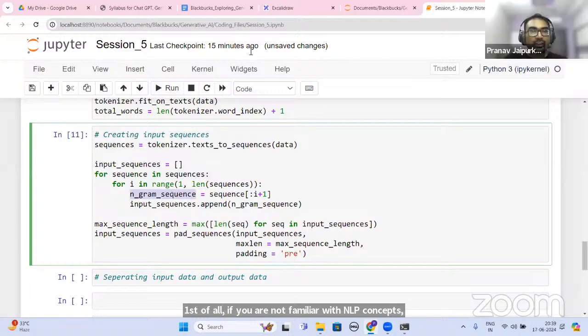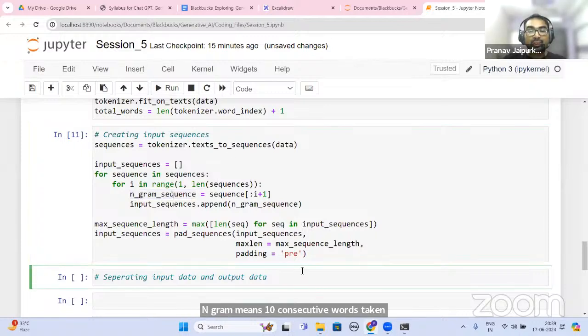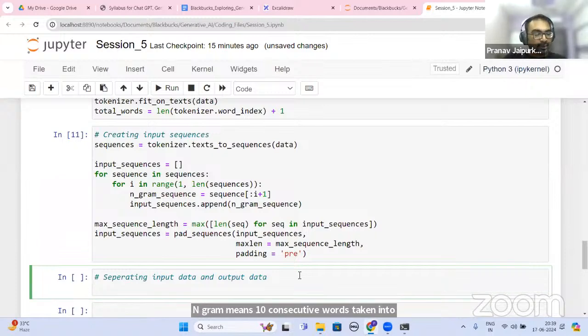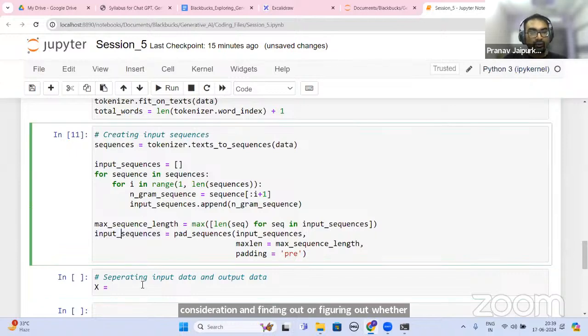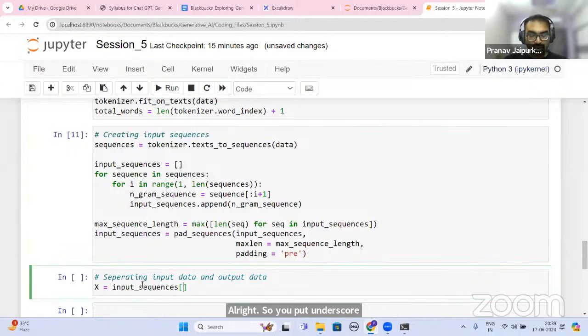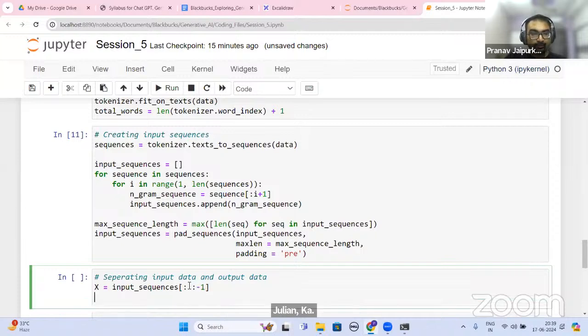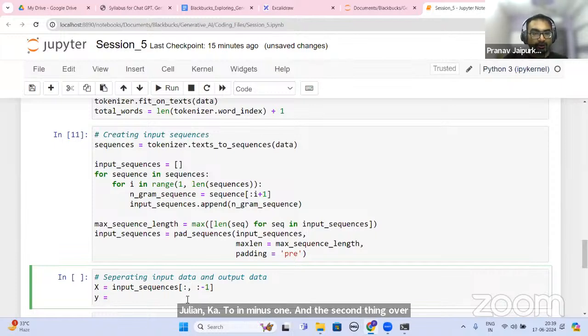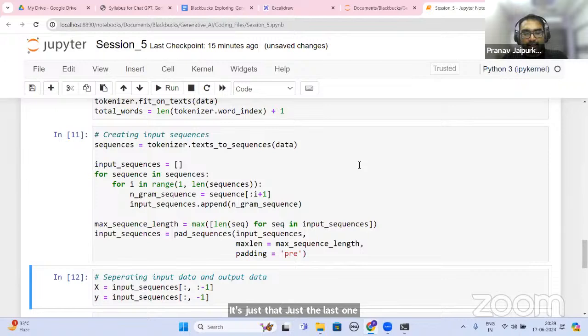N-gram means n consecutive words taken into consideration and figuring out whether they make any sense. Right? So input_sequences[:, :-1]. And the second thing over here is y is also the same thing. It's just the last one, right?